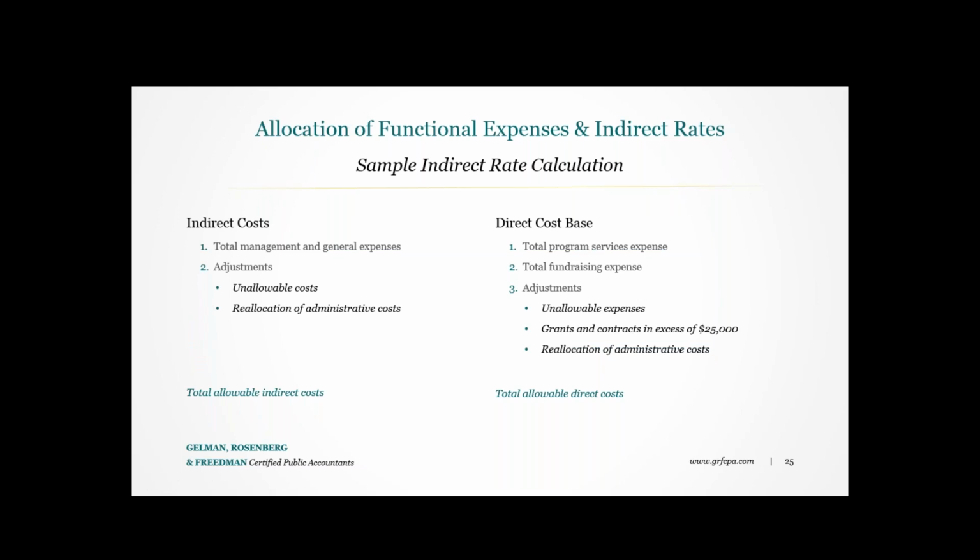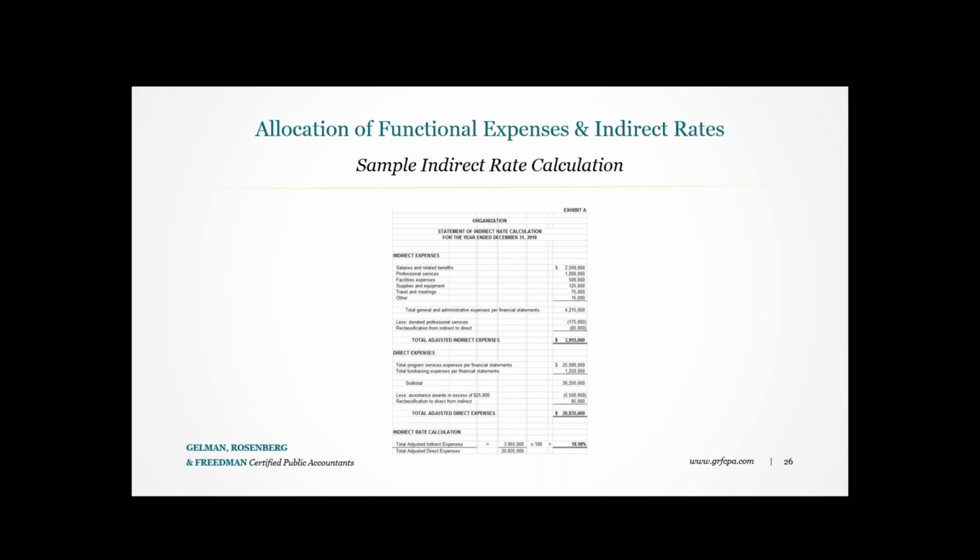In the final couple of slides here, we have a sample indirect cost rate calculation. What I'm going to do is just jump right to the exhibit, being mindful of time. We have a sample statement indirect rate calculation, your basic indirects over directs. The starting point here is that functional expense statement again. It's very important that the functional expense statement be prepared based on the organization's policy and procedures and analysis of what's a program cost and administrative cost, what's fundraising, what's development, what are the differences there, and then how we present it in this statement.